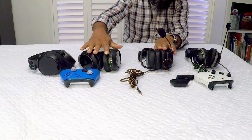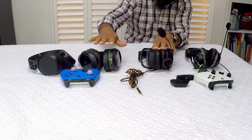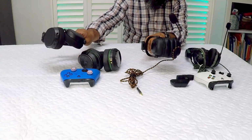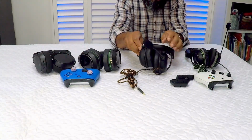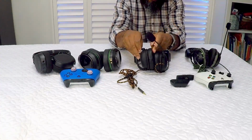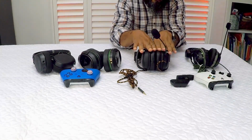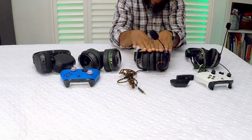This is probably not the best one, but it does the job connectivity wise. That's all I said to you in the last video as well. These are the most comfortable ones, and comfort wise, they are very similar. Only thing I will say, because it's leatherette, if you're in a hot room or something, you'll probably end up sweating slightly around the ears, and that's the only problem I've noticed with those. Apart from that, for what it is, the cost of this, the sound and the mic